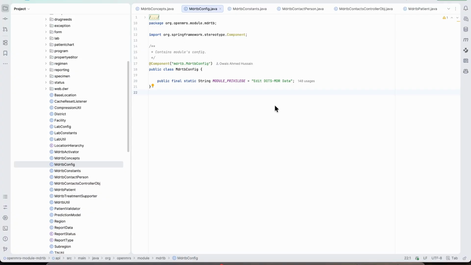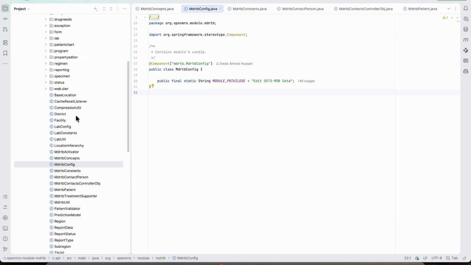If you have a whole structure of how the privileges should work, if you want to put a little limitation on, okay, these are DOTS users, they shouldn't be able to touch MDR data, these are MDR users, they shouldn't be able to touch DOTS data, the lab guys shouldn't be able to call any forms other than the lab forms. If you have those rules in place, you would be able to create further roles and define their privileges over here. So this is done comprehensively for the lab module, but not